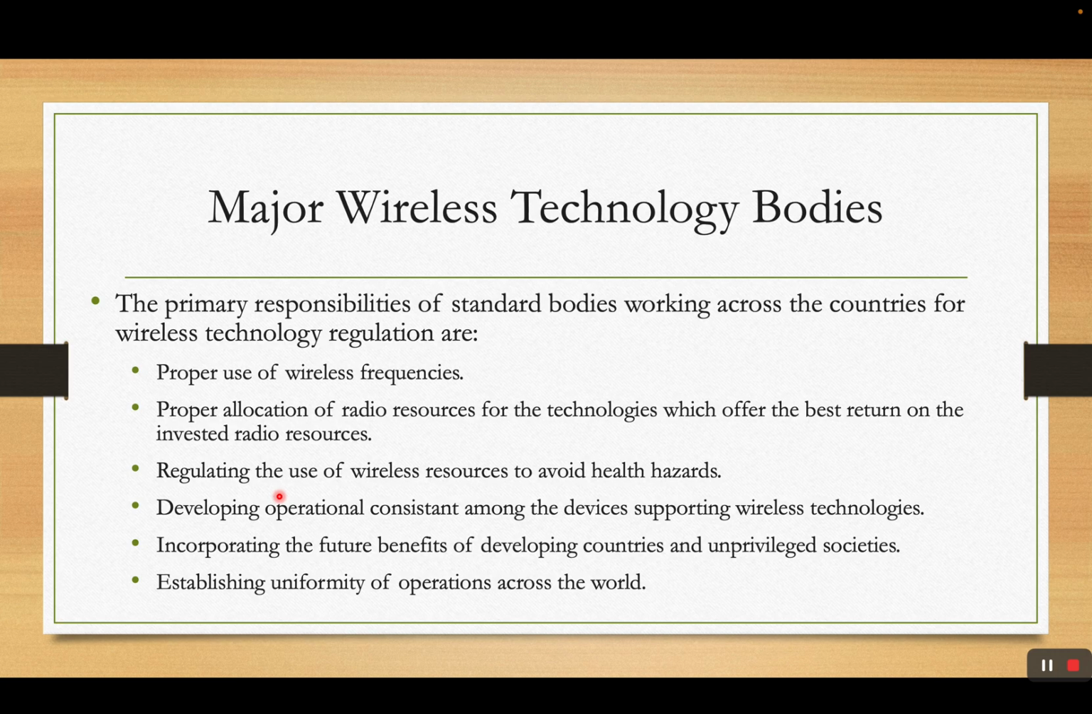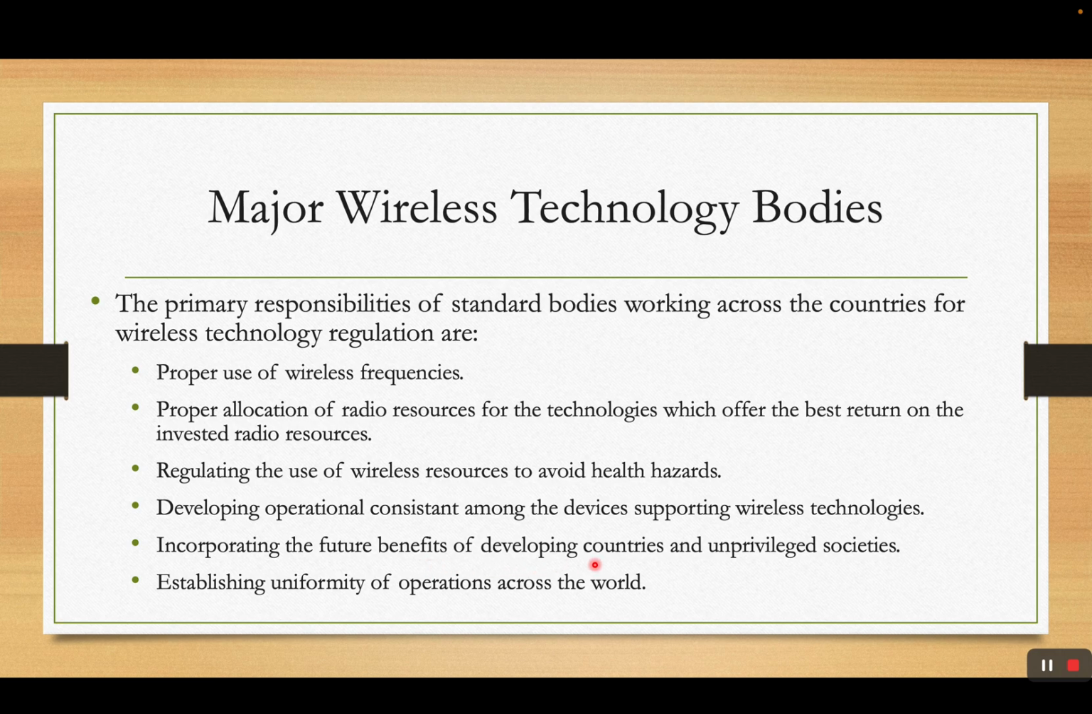The major wireless technology bodies. Wireless technologies use radio frequency, which is limited. However, how to use those radio resources more effectively is one of the most important questions for the wireless standard bodies to handle. The primary responsibilities of standard bodies working across countries for wireless technology regulation are the proper use of wireless frequencies, proper allocation of radio resources for technologies which offer the best return on investment, regulating the use of wireless resources to avoid health hazards, developing operational consistency among the devices supporting wireless technologies,